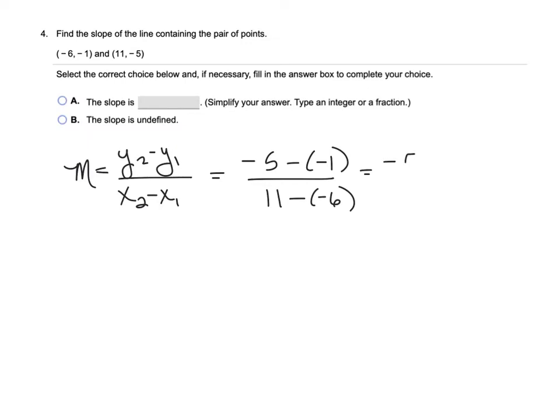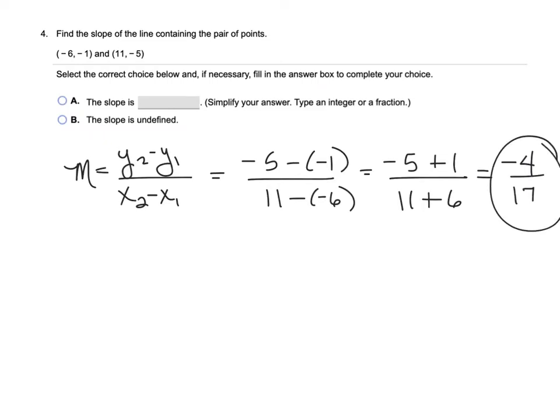All right, that gives us -5 plus 1, and 11 plus 6. So we get -4 over 17. That is my slope, -4 over 17. Now remember, this is just another example, if you end up getting a slope